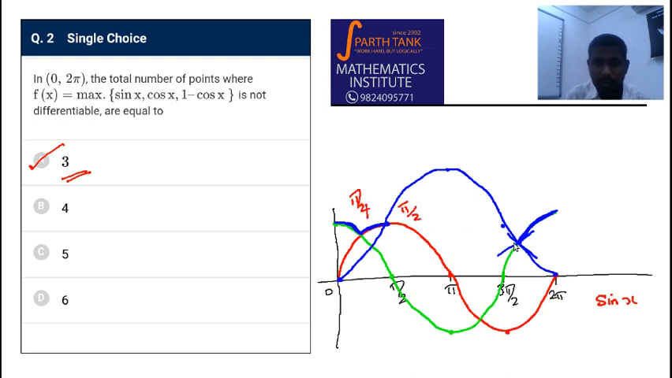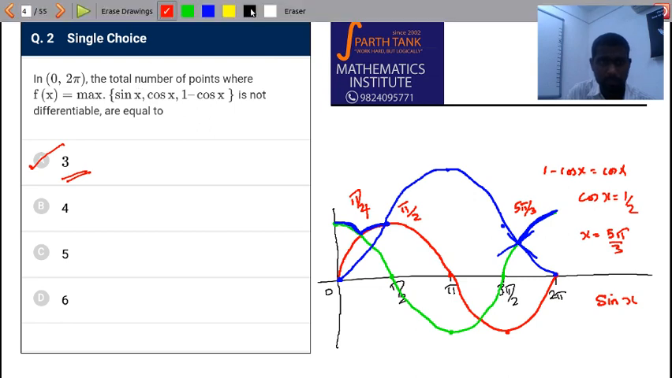And here it is 1 minus cos x, and cos x are equal. This means cos x is 1 by 2. And in the fourth quadrant, that happens for 5 pi by 3. So this is 5 pi by 3. Right? I hope you understood the solution. Plot the 3 curves, find the maximum, that is the envelope of all the 3 curves, and note down where they are non-differentiable. Now the same question, if the question was given as the minimum instead of maximum here,